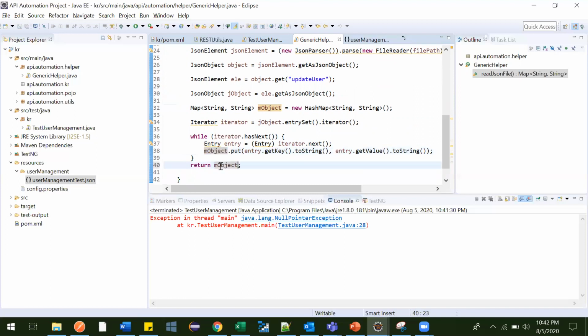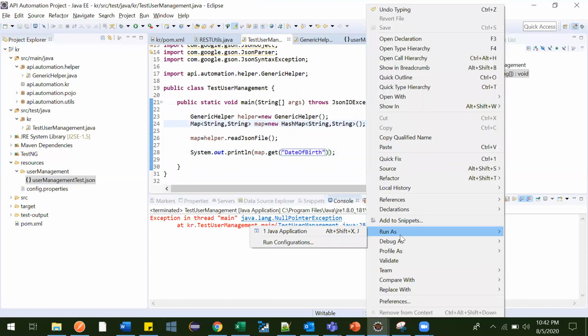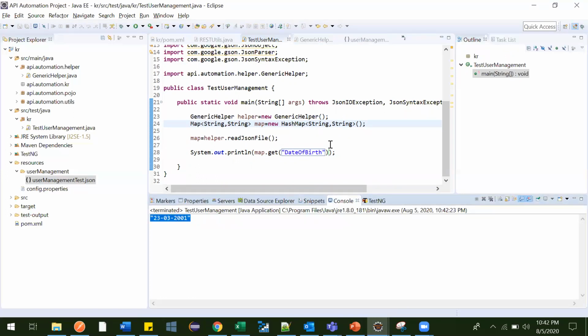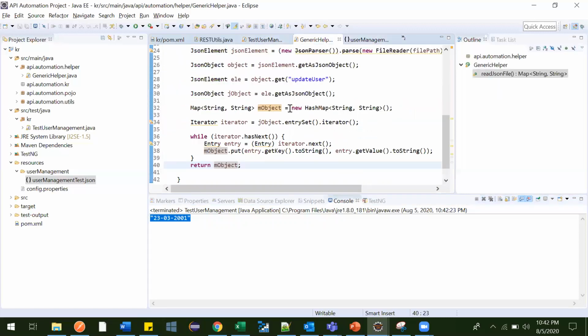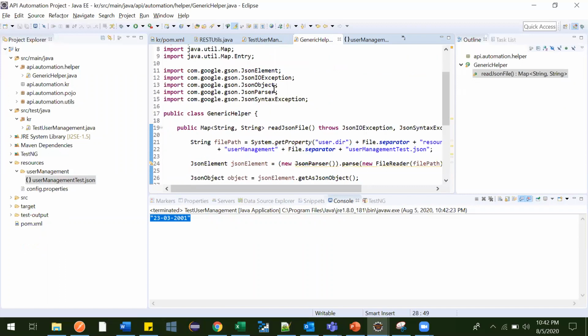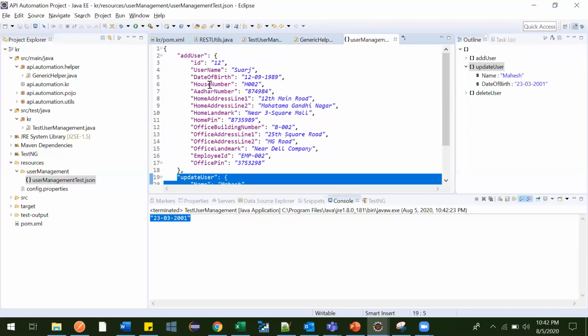Now let me save it, go here, right click and run it. Now we should not get the exception. Yeah, see, we got it. So what this generic method is doing is, here we have a hard coded value. If anybody in this current situation uses this method from this class, it will always point to this one. It will not point to others, which means we will not be able to read that other information.